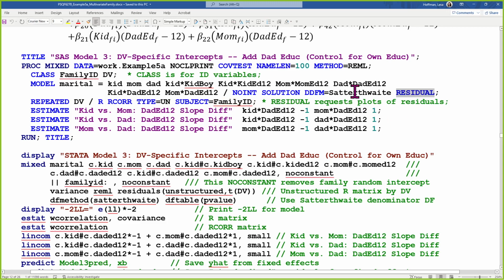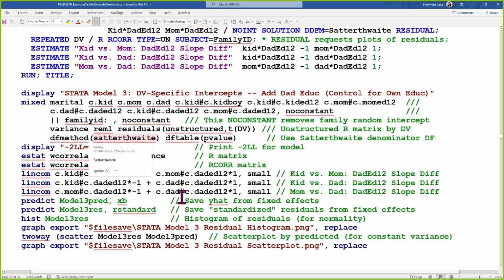By the way, in your homework, you're supposed to be using residual degrees of freedom as well. I set the sample size large enough that it shouldn't matter, but to get the exact correct p-values across the programs, I couldn't get them in R using Satterthwaite. So I had to switch to residual. So if the word residual would go here in your homework, it would go here in Stata, and that's just what happens in R, whether you like it or not.